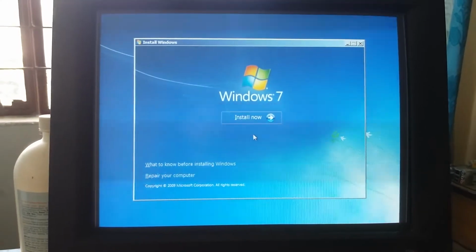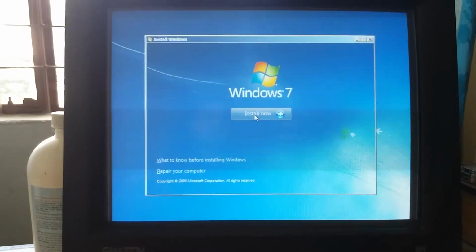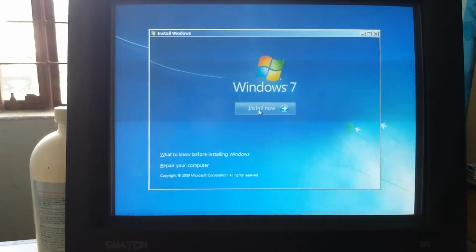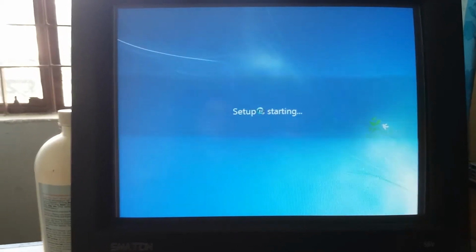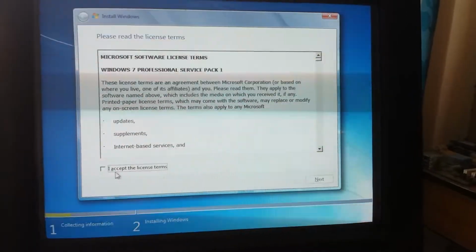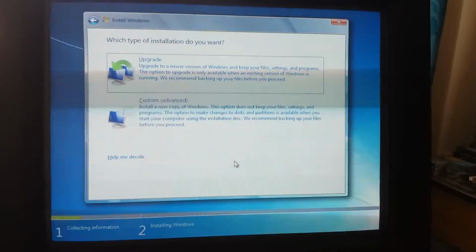Then let's see what problem is actually coming here while installing Windows 7 operating system. Right now I am accepting the license agreement and clicking on the next.